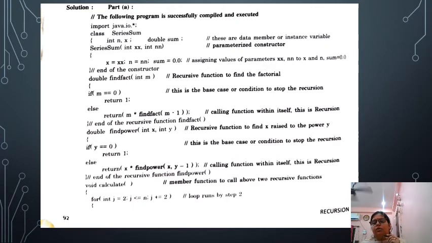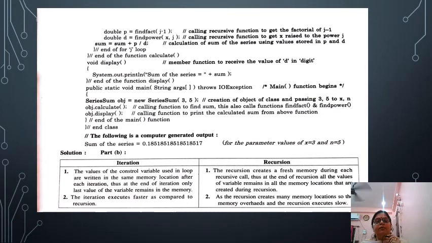Now see here also the main program is there. The function has been called. See, in each and every line there is a line comment. You have to write that in every program. This is an example of how you have to write in your register, and here is how you are going to call the function. See, here it has been written. Even the output has been generated when the parameters are x 3 and n 5.